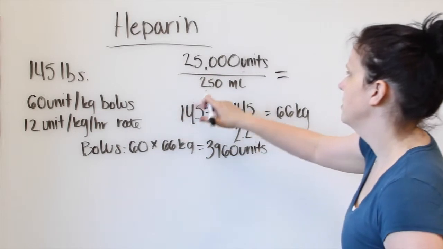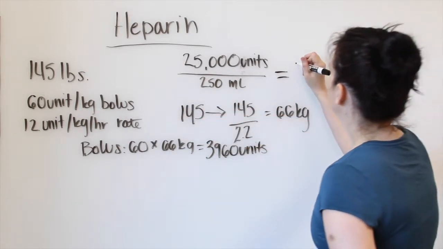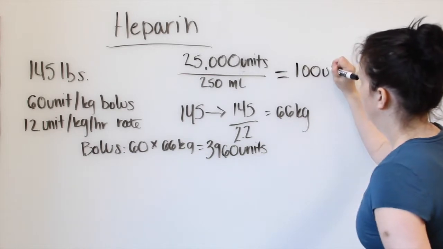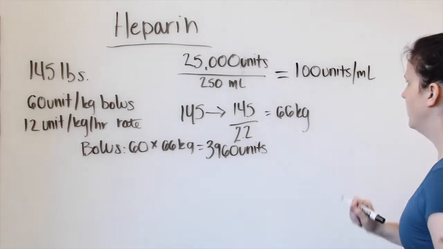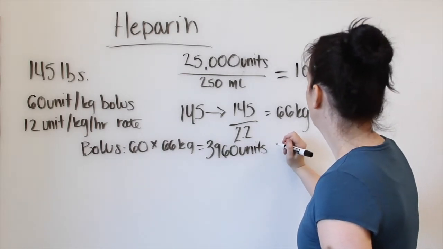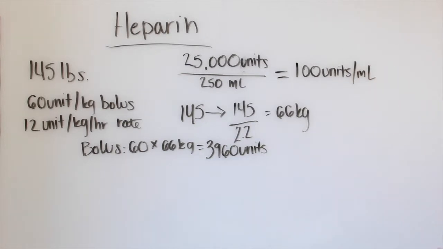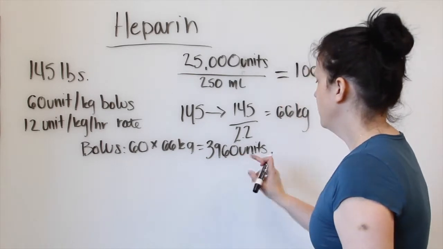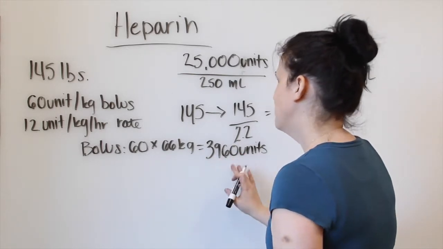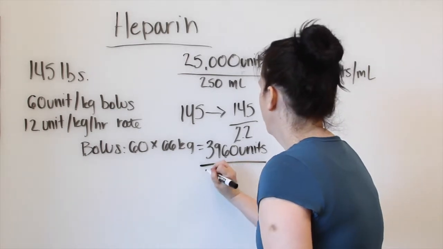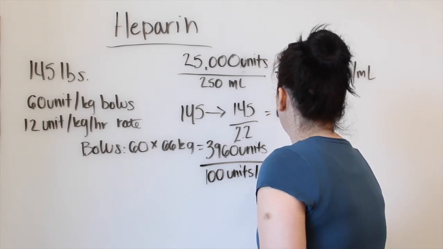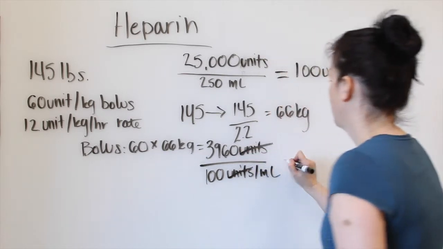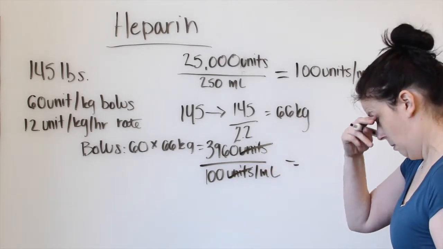You're going to divide 25,000 by 250 mLs. So what you get, in effect, is 100 units per mL. We're going to plug that in now. The way we're going to plug that in is, this is our dose we're going to give, divided by our dose available. So what we get is